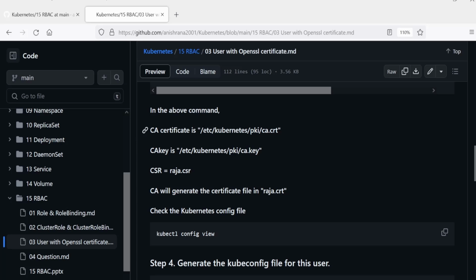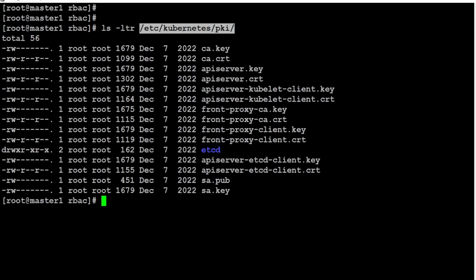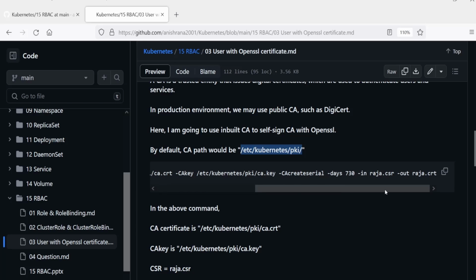The CA certificate is this ca.crt, the CA key is ca.key, and the CSR is raja.csr that we generated in step 2. This is the default directory. Let me clear the window here and copy this command. In this command, we are going to generate the certificate.